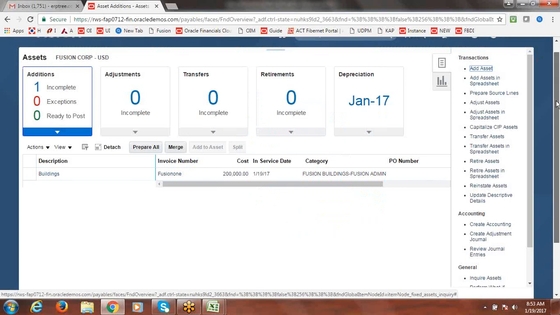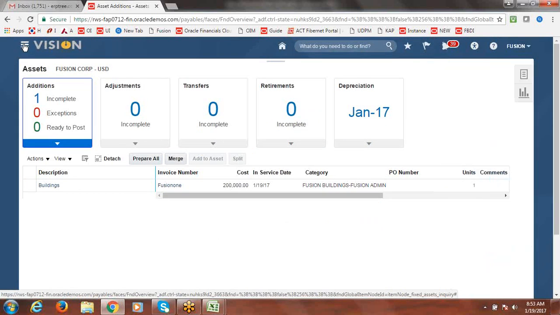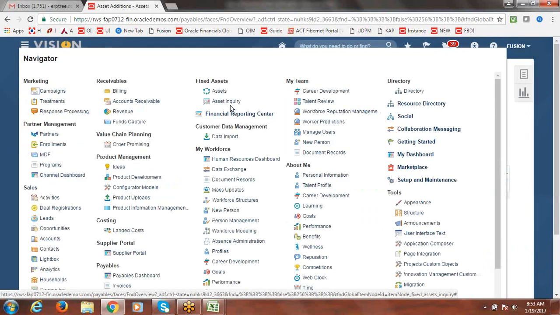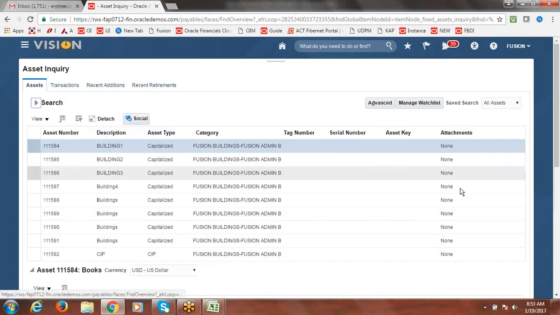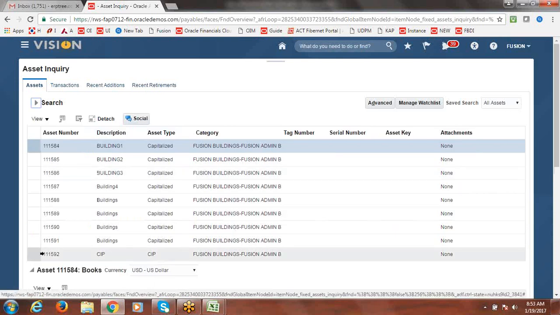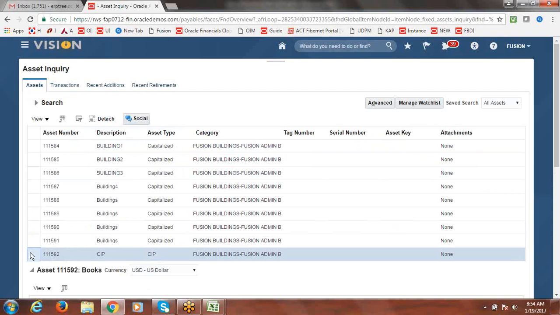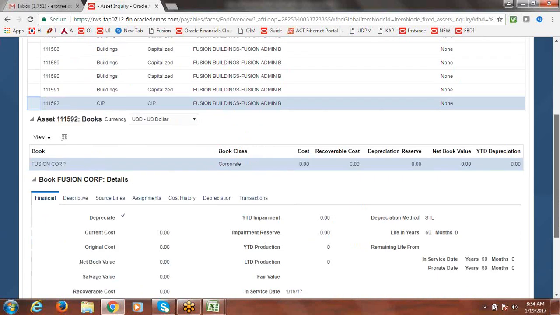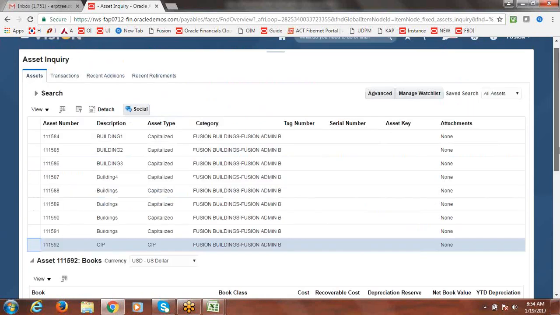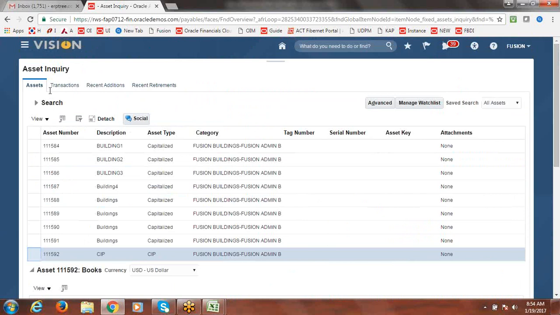This I'll take you through. Asset inquiry. Then click on this. So the CIP asset is created. Okay. Now we have to add cost to this asset, and then this can be capitalized. So to do that,